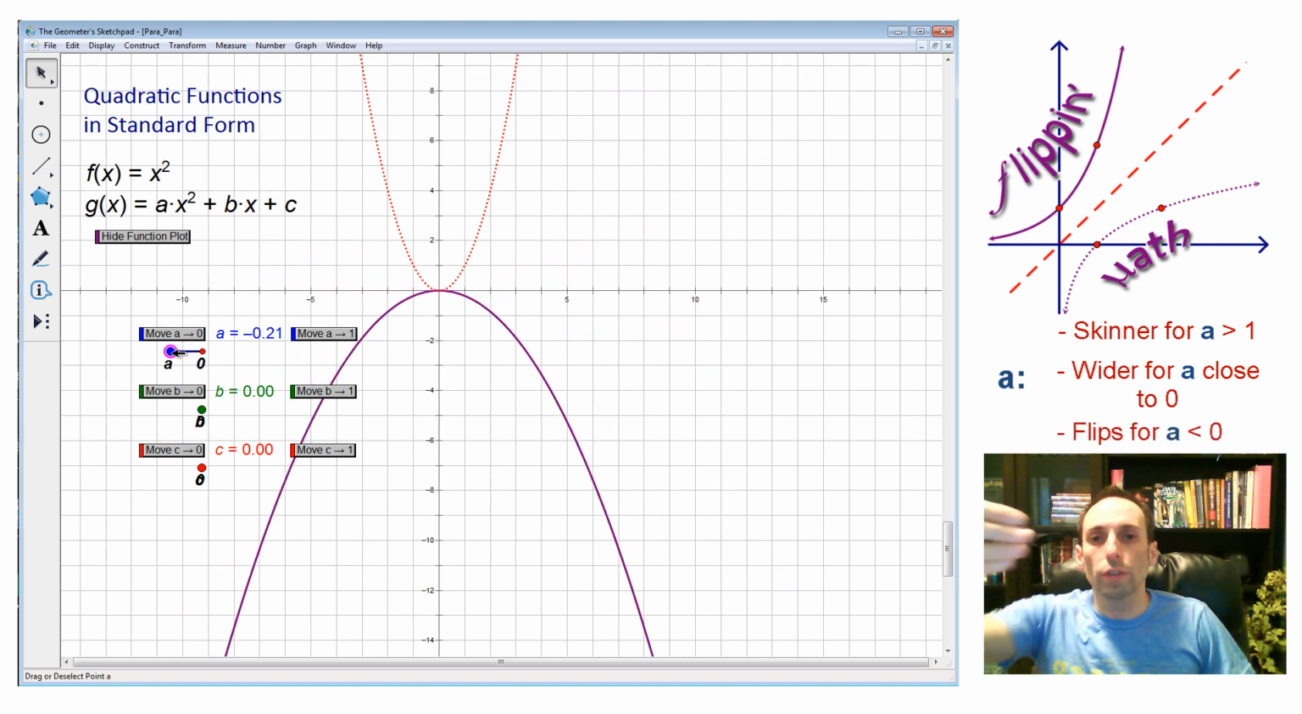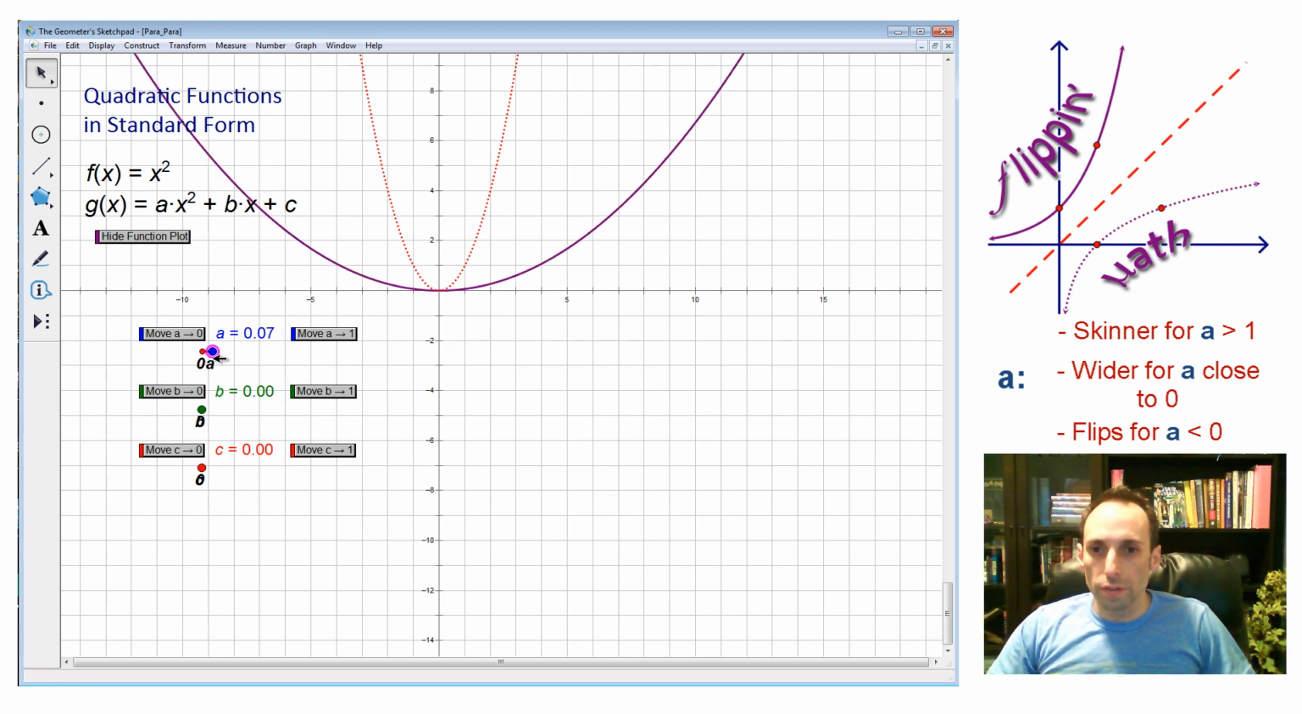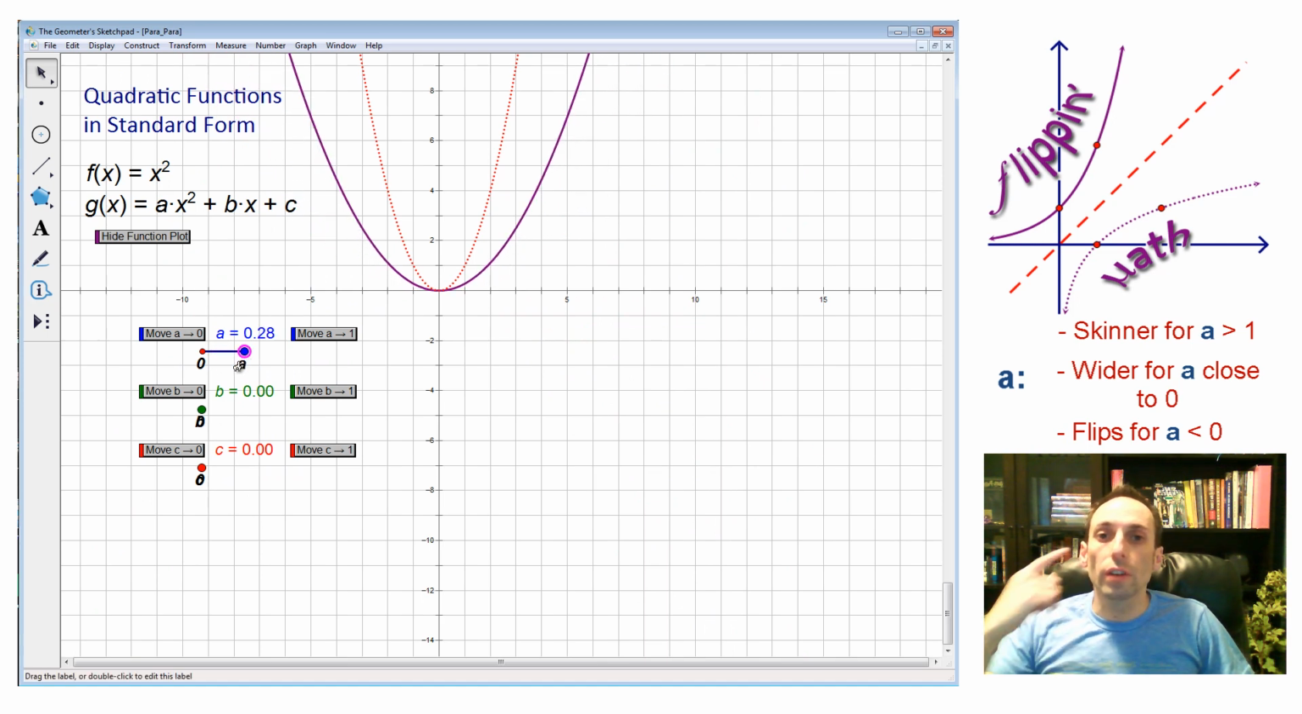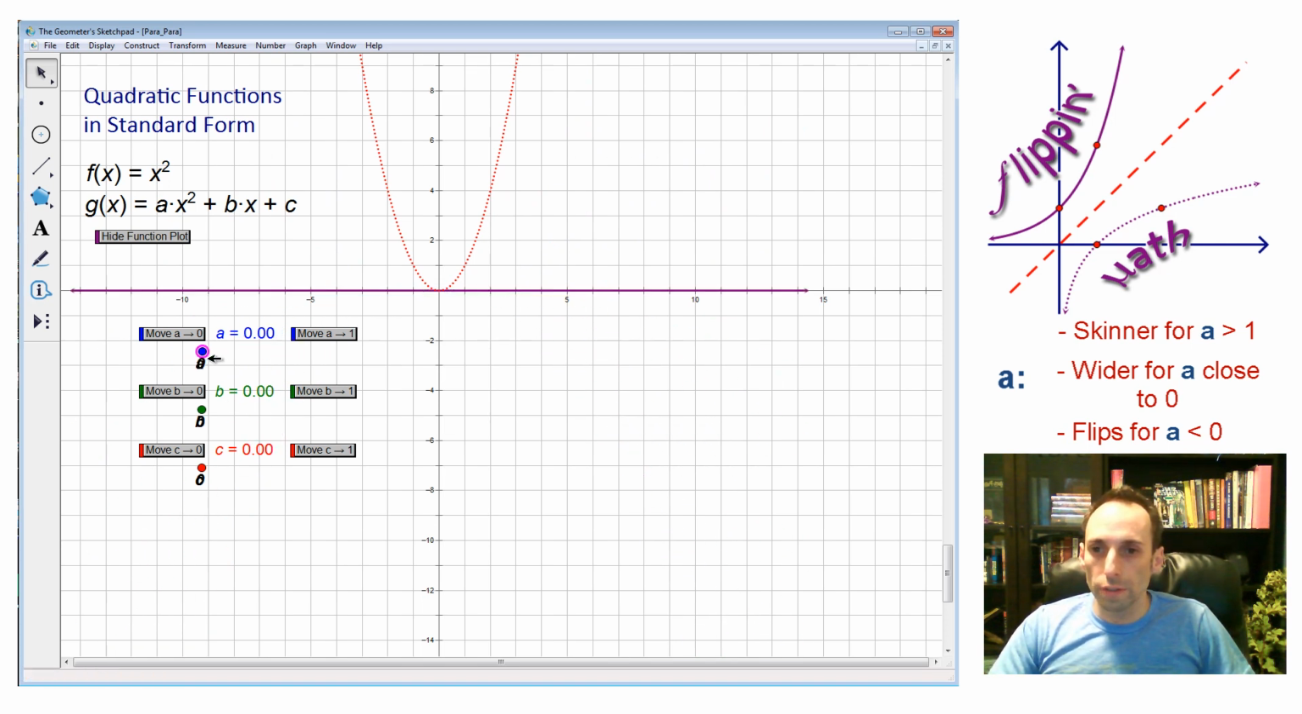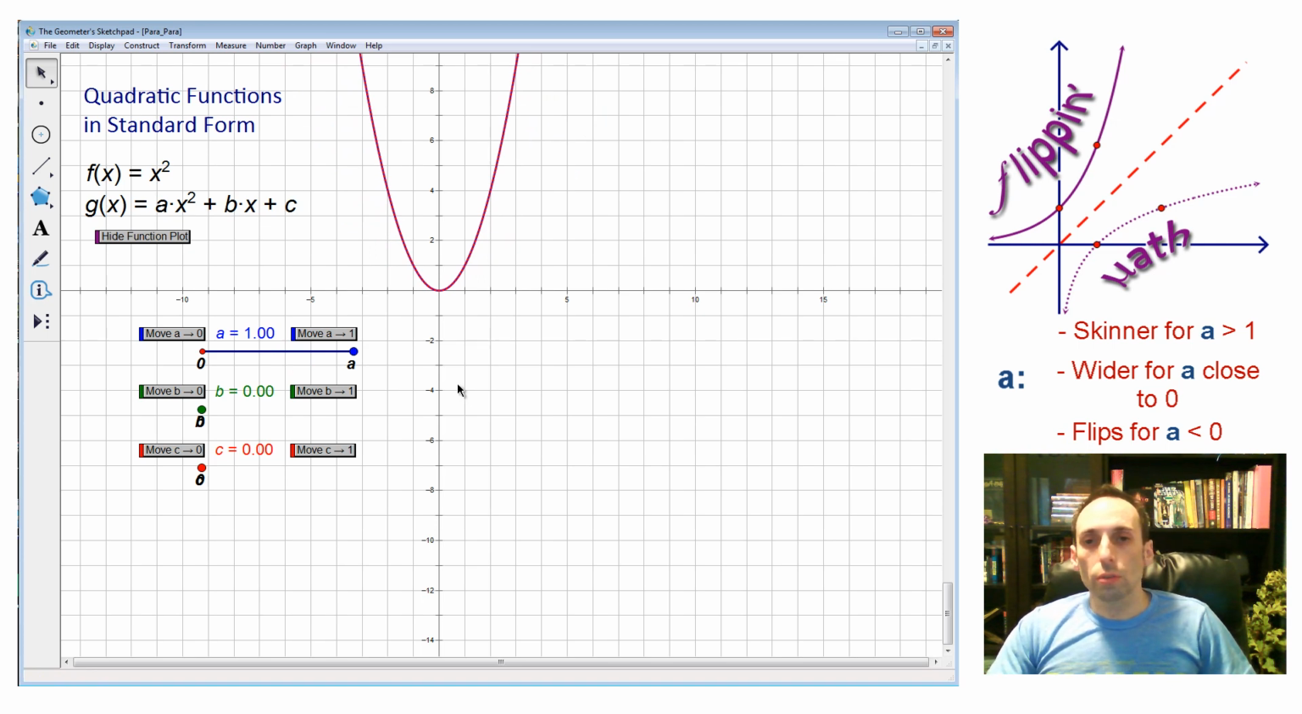Now it has reflected across the x-axis. So positive, we have ourselves a beard. Negative, we have ourselves a mustache. Let me flap this because it makes it look kind of like a little bird. Okay, enough fun. So that's what the A value does, makes it fatter and skinnier, and then also reflects it